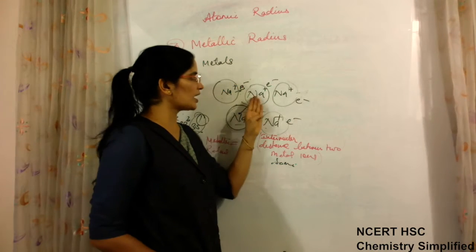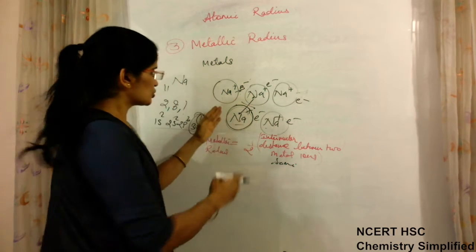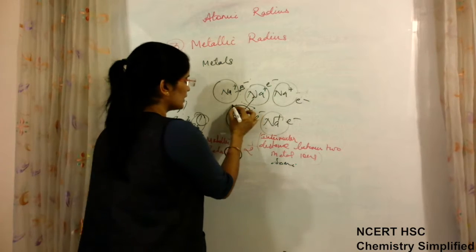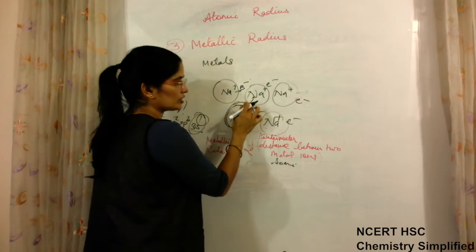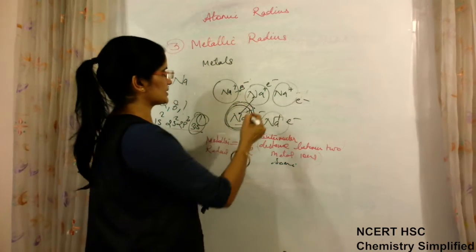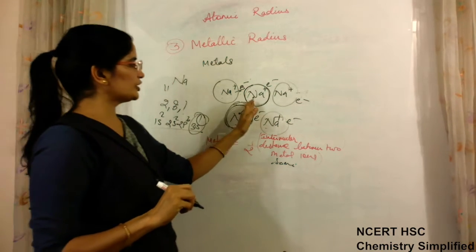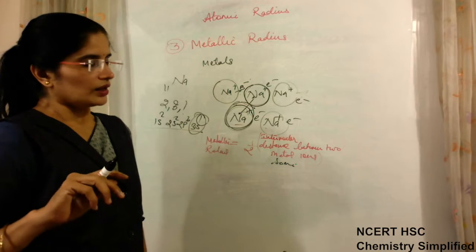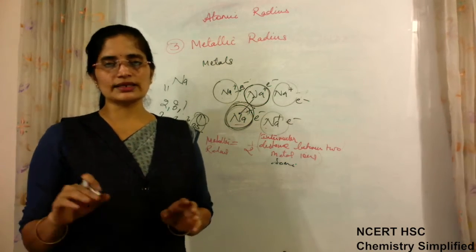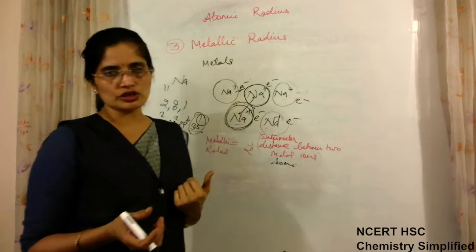Now because these are ions, the force of attraction between them will be electrostatic force of attraction. So they will be pulled near to each other. Though we have drawn it like this, actually they are pulled near. They are not overlapping because they are not forming a bond. Okay, they are just attracting because of charges. So these are near to each other. In case of covalent radius, they were overlapping. In case of van der Waals forces, there were no forces to attract each other. In this case, there are electrostatic forces of attraction.